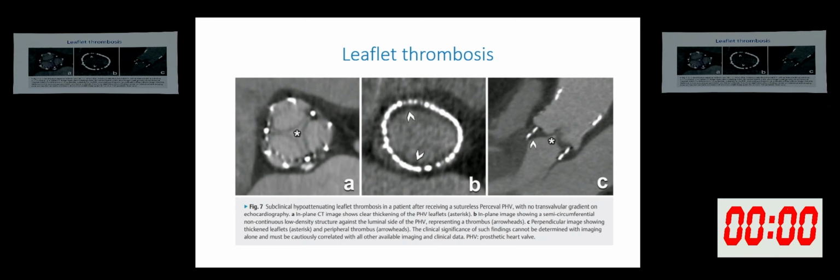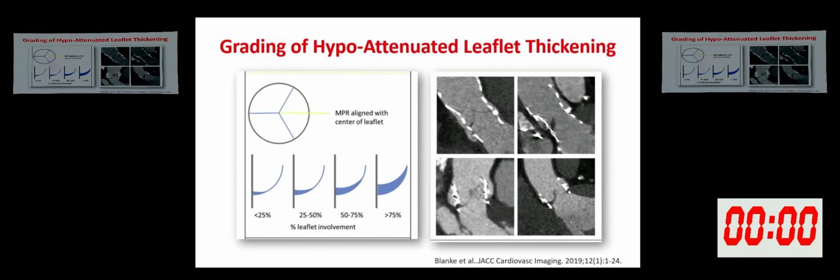The advantage of TAVR is avoiding anticoagulants, but if there is a leaflet thrombosis, we have to keep the patient on anticoagulants and see whether the gradient is coming down. If the gradient is not coming down, then we have to think of an alternative. Whether the valve is involved or it's open. So again, there is a classification for that and for this.